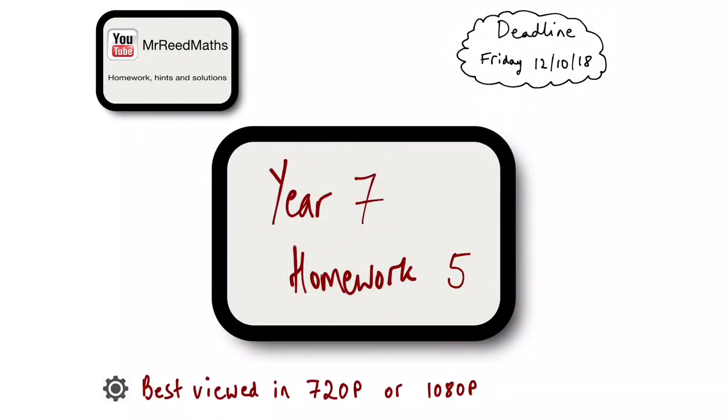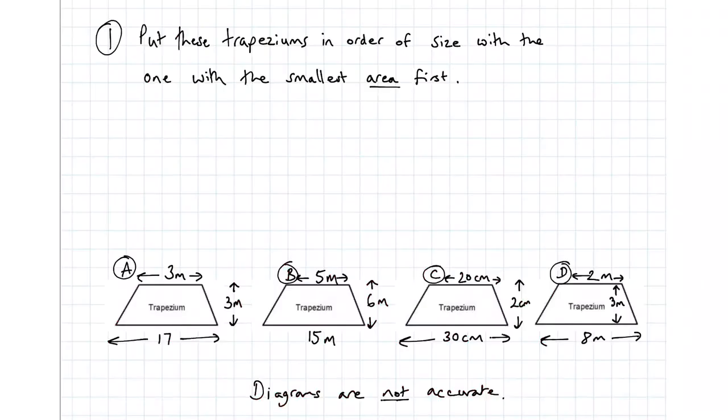This is homework number 5 for Mr. Reed's Year 7 Maths group. If we have a look at question 1, remember the deadline is Friday as usual and you need to come and ask me if you're stuck. Okay, so question 1. Now we've been doing the area of a trapezium for a few weeks on our homework